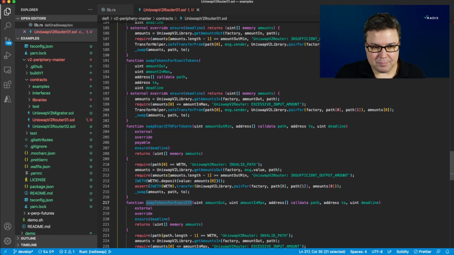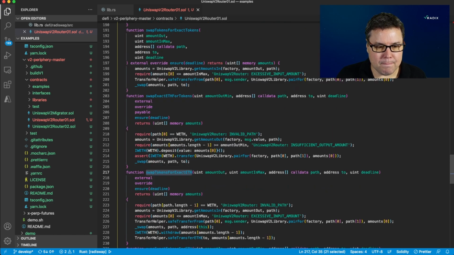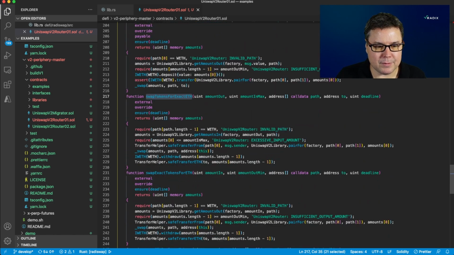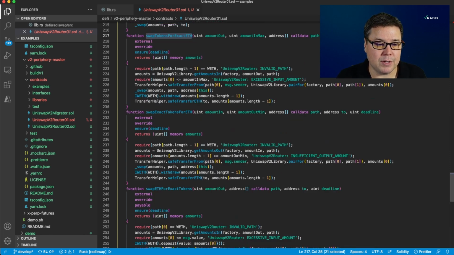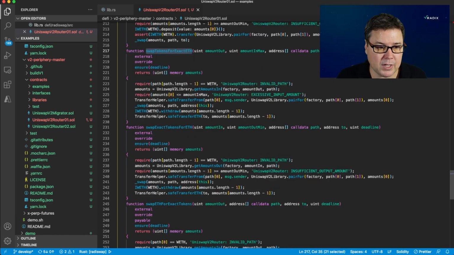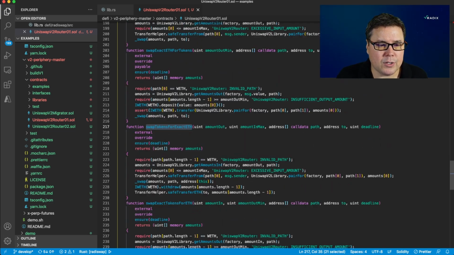And the reason you have all these different external methods is, one, that Ether does not behave like an ERC20 contract does. So the calls you have to use when you're doing ETH as opposed to an ERC20 contract are different, and so they have to have different logic to handle that. And then also we have